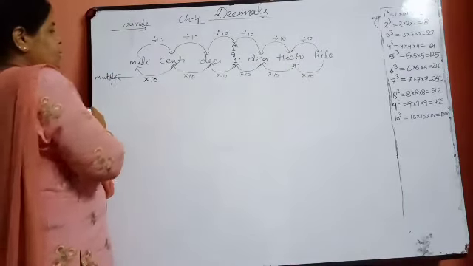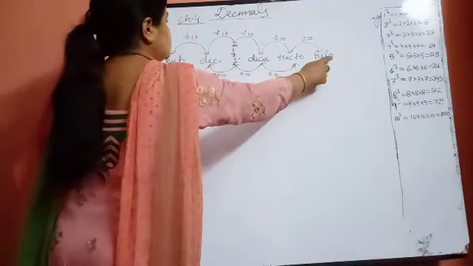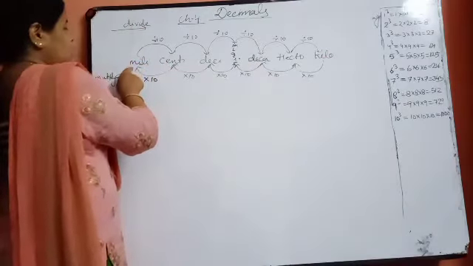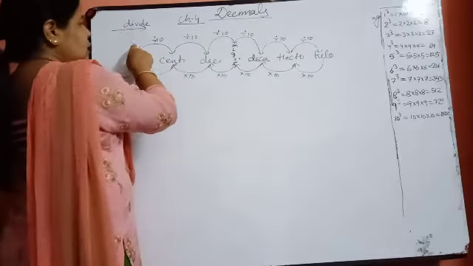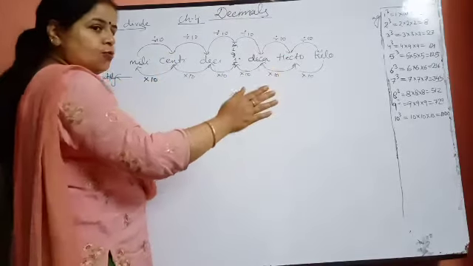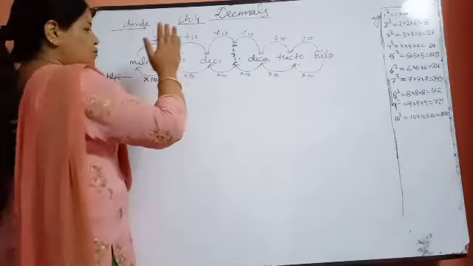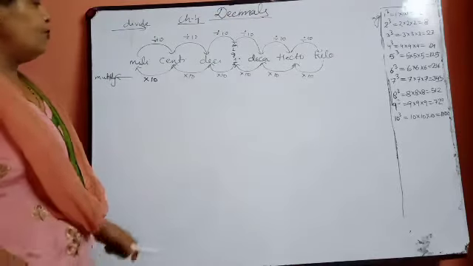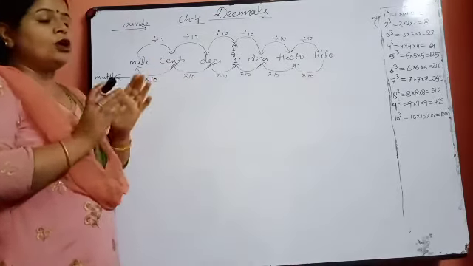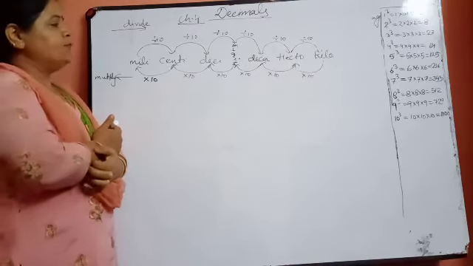You can see that milli is the smallest unit, and kilo is the greatest unit in this table. So what we will do: if we are moving from milli to kilo, I have made an arrow here. In each step as we move forward, it will be divided by 10. But if we are coming from a greater unit to a smaller unit, for every step it will be multiplied by 10. If you understand this table, then you will not have any problem with the questions given in your exercise 4.1, and it is very easy to use.